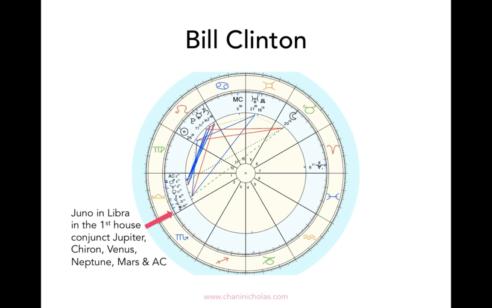Does Bill have a partner that helps him immensely? I'd say so. If Juno is Bill's way of being in partnership, and we're looking at this through a heteronormative lens, which I hate to do, then someone might say Juno in a man's chart is his wife, and Juno in a woman's chart is her husband, which is gross and very reductive. But if we want it to be gross and reductive, we might say that Juno would represent another part of Hillary, another part of his wife,